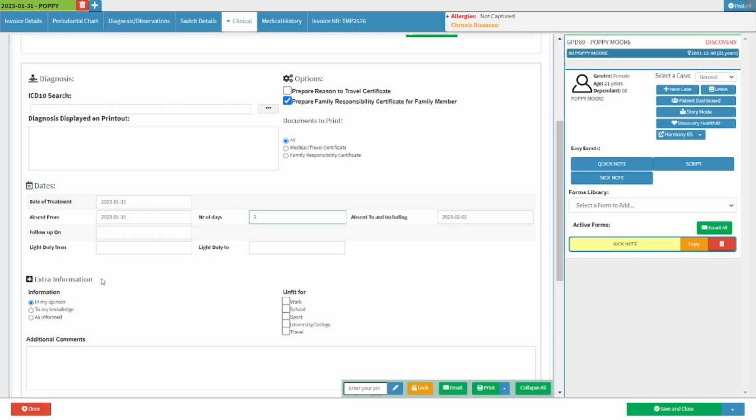The user is able to click on the relevant information radio button that suits the patient's situation best. The user can choose between "in my opinion," which means that it is in the practitioner's opinion that the patient should be booked off, "to my knowledge," which is if the practitioner is certain that the patient should be booked off. Lastly, "as informed," for if the patient or someone else has the opinion that the patient should be booked